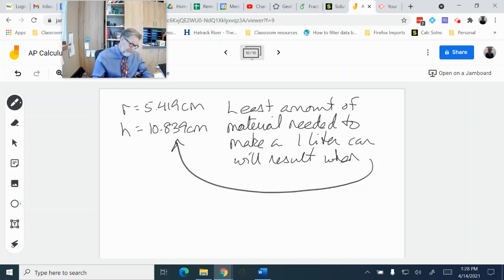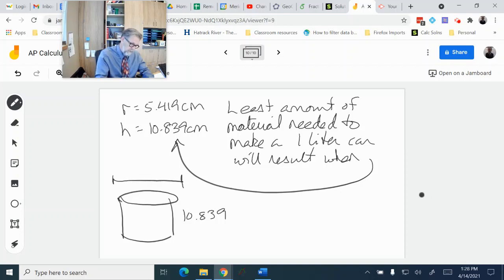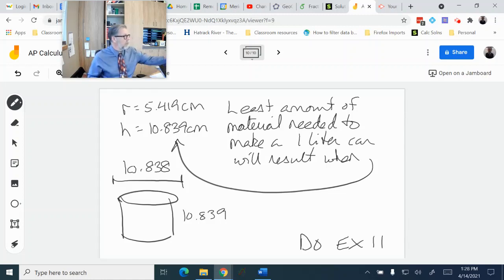All right. And you may notice that, in terms of right cylinders, 10.839 and a diameter of about 10 point, oh, well, would you look at that? 5.419 doubled, 10.838. In other words, a square. All right, go ahead and do exercise 11, and we'll be back with the next